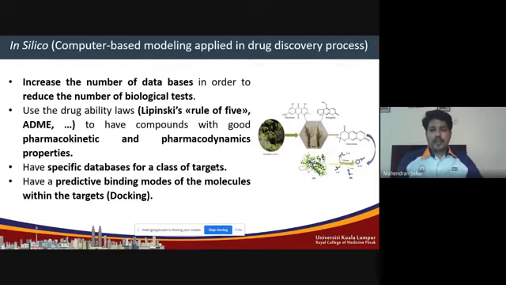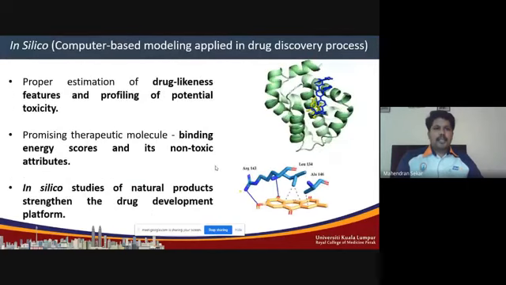Normally in medicinal chemistry, we use computer-aided drug design for synthetic or synthesized compounds. Similarly, for natural products, this is one of the important studies that has been conducted by many researchers, and they got successful and very predominant results. And when they compared with some studies, the results obtained from in silico studies are highly reliable. So you can conduct this kind of study in the laboratory.